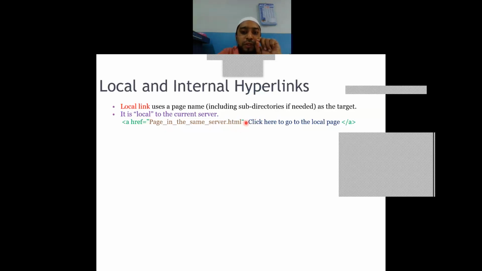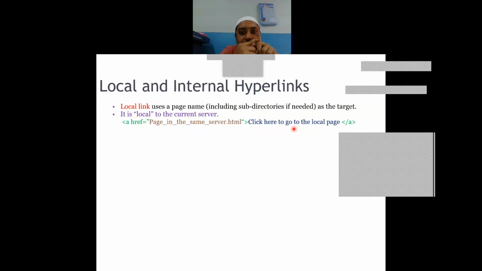Then after the closing of the opening tag, you have the text which you want to be displayed on the first file, which should be clicked so that the second file can be opened in the browser. This text that is going to be displayed and clicked should be instructive enough for the user to click on.